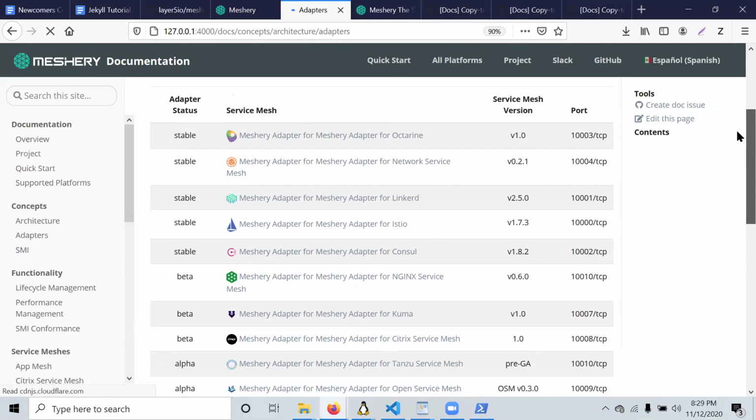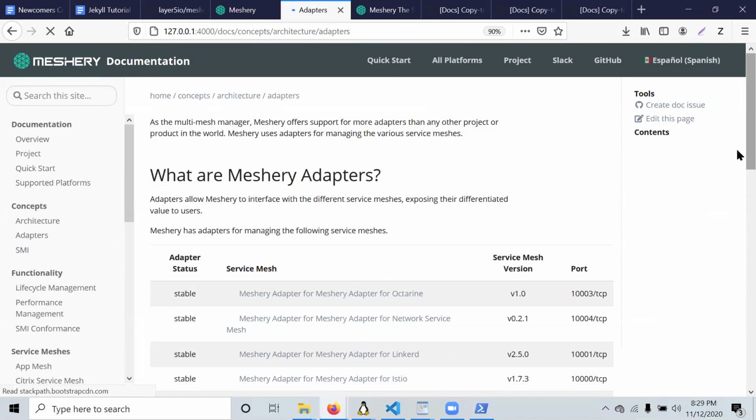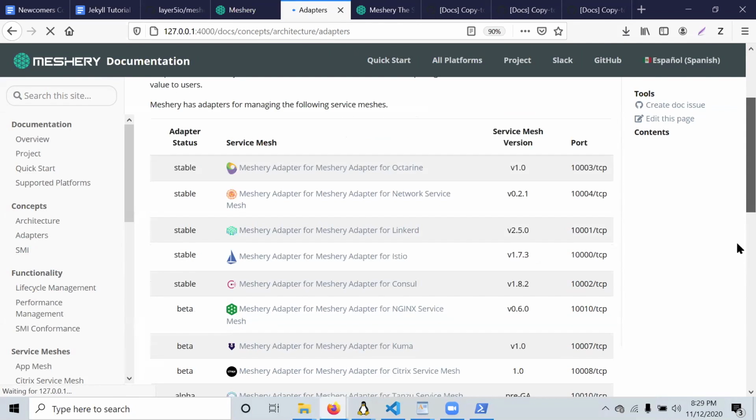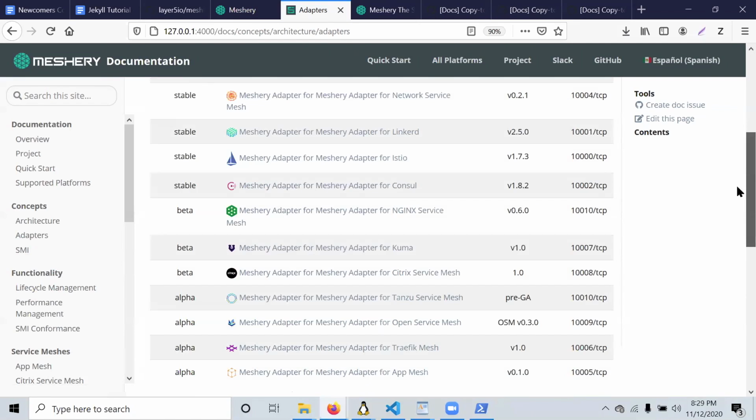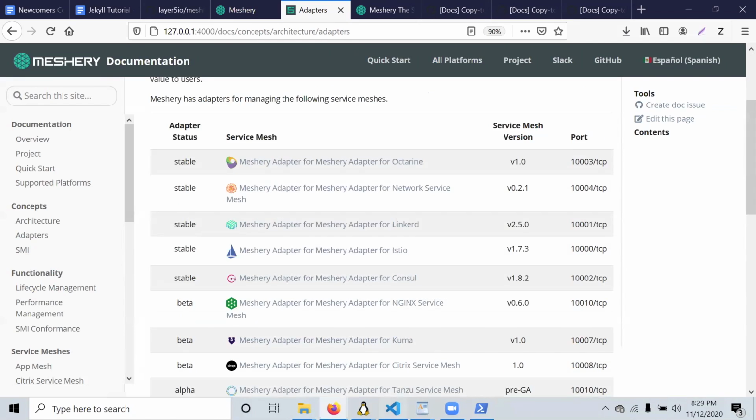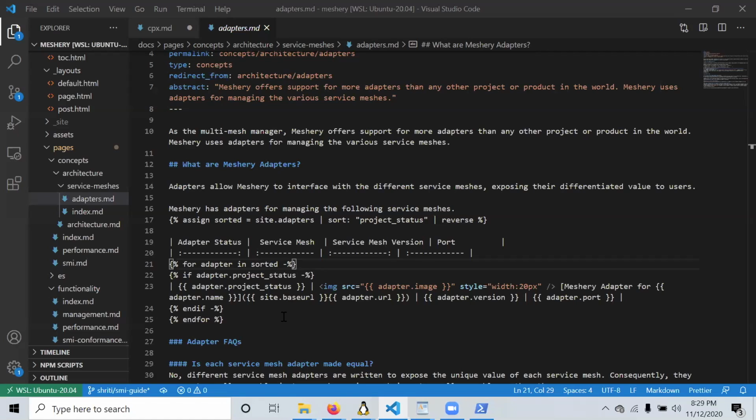Let's look at something else. Mesh adapter for adapter.name. So the front matter name here is defined in any of the adapter files.